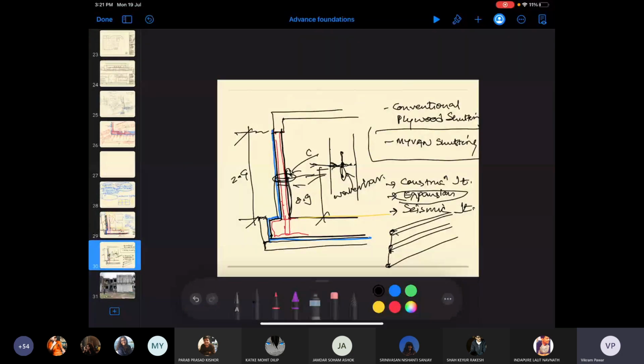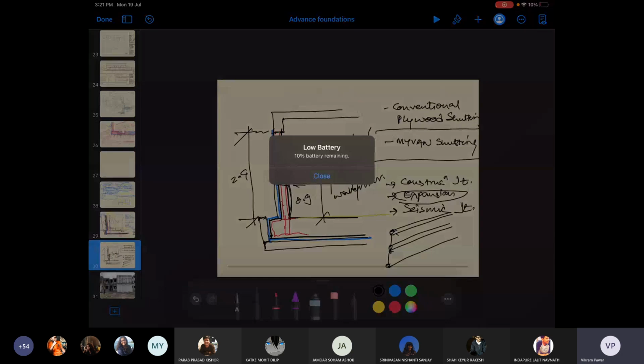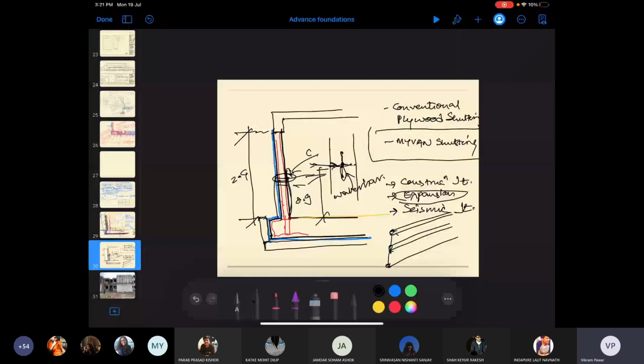If you are using conventional plywood shuttering, you don't have a choice but to go for these construction joints with water bars. Conventional joints with water bars.